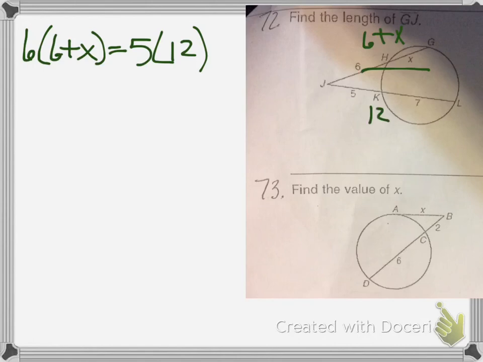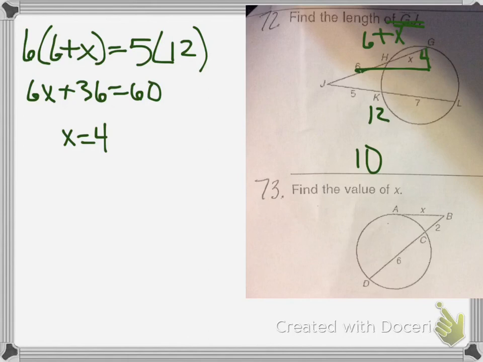Okay, and again, you could do the numerical solver on this, but you would have ended up with 6x plus 36 is equal to 60. And then if you subtract, you would get x equals 4. So the length of JG, darn. Okay, I would have been happy at x equals 4. But even if you did numerical solve, you should have gotten 4. You still have to plug that in here and say, okay, 4 plus 6 is 10, because they wanted the length of the line. This one, don't forget, was supposed to be this one squared